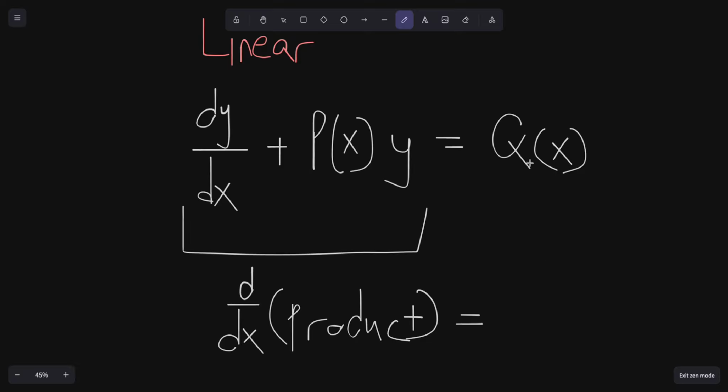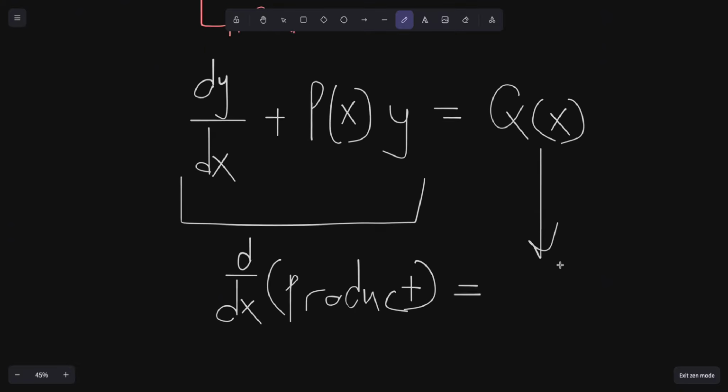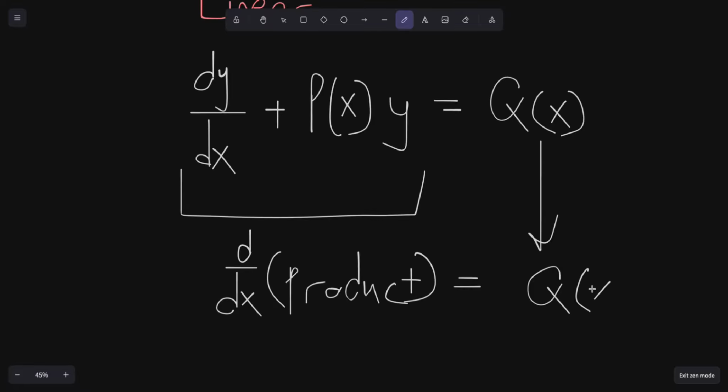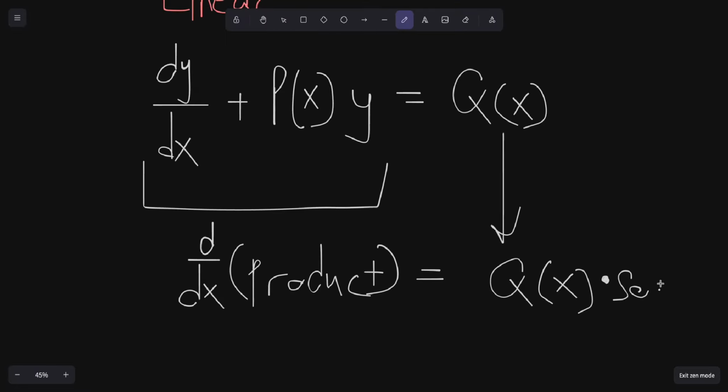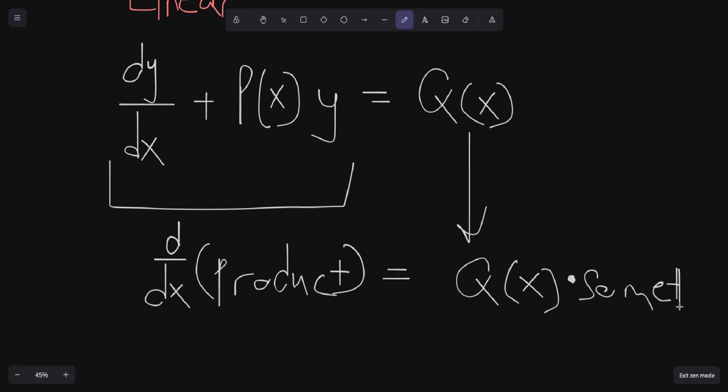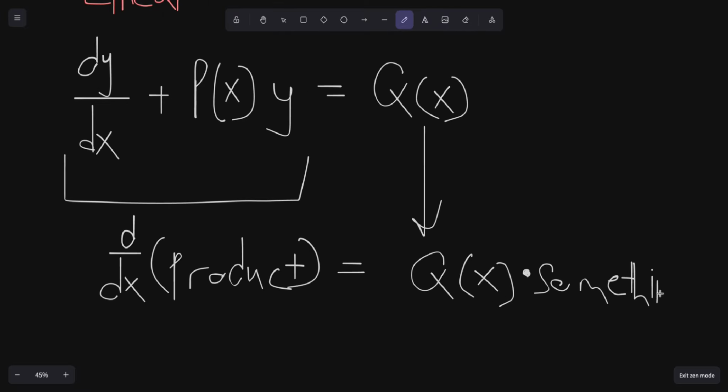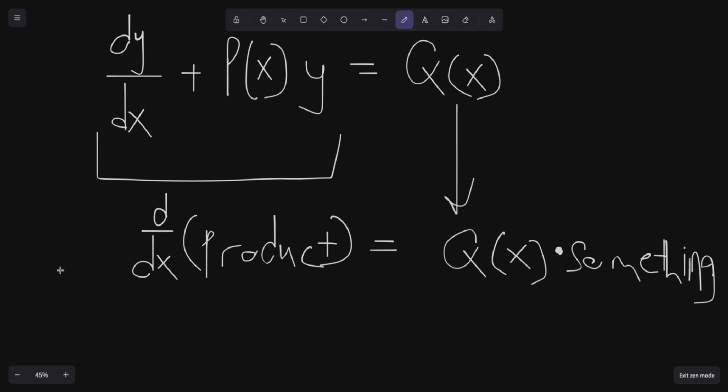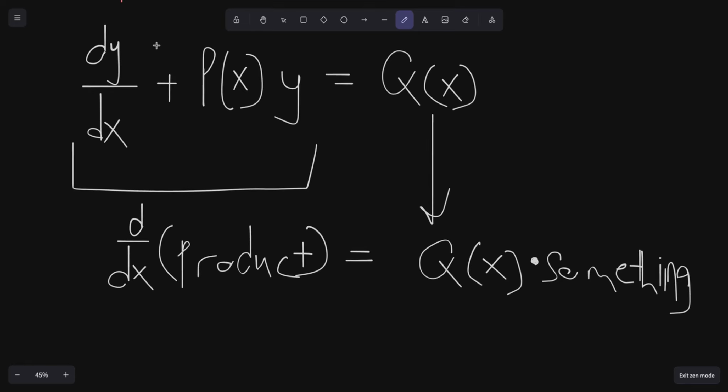And then that's going to be equal to whatever the right-hand side is going to be equal to, right? So q of x times something. We don't know what that something is, right? Times something. And so the thing is, you want to turn the left-hand side into a product because